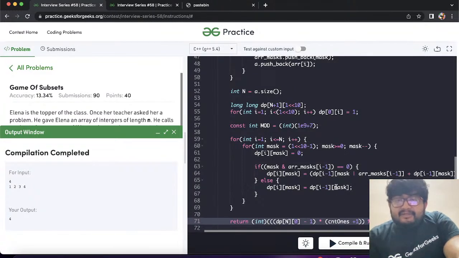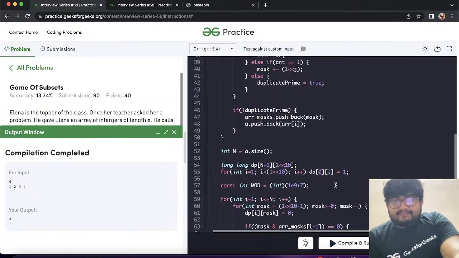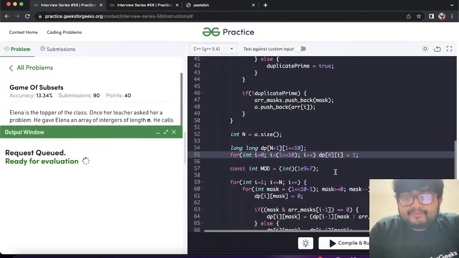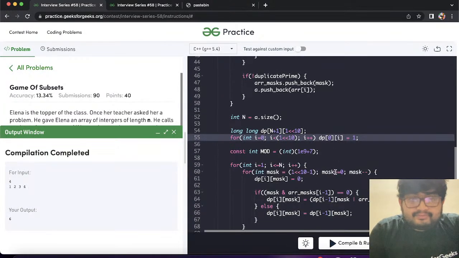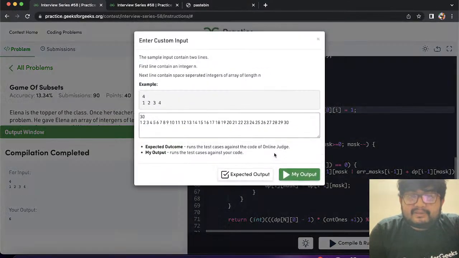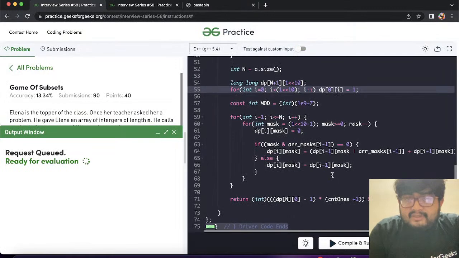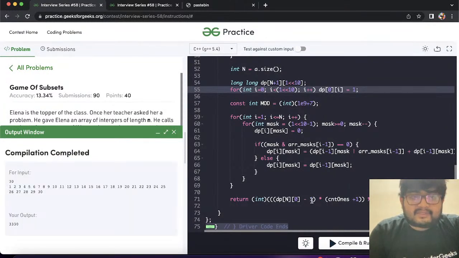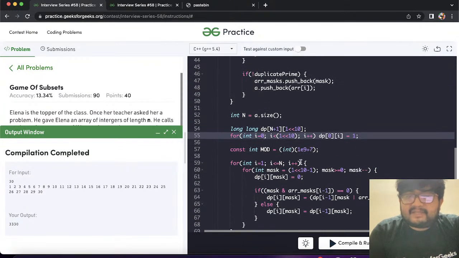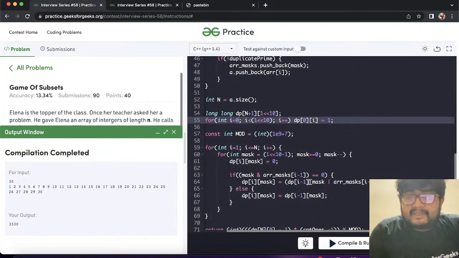Why is the answer reducing? i equals 0. Same. Have to do plus, that's same. That should not make any difference anyways. Minus 1 plus mod will do. But again, like